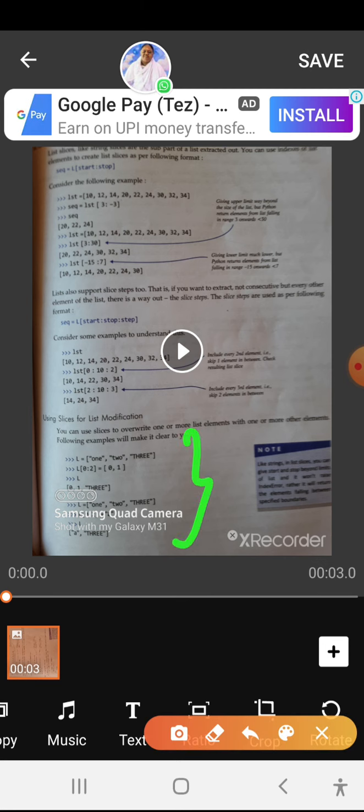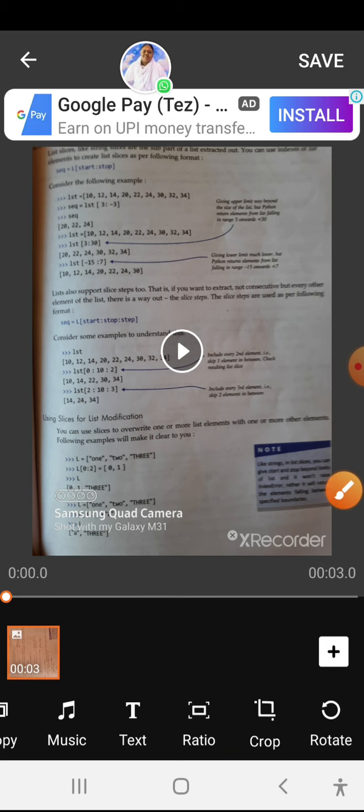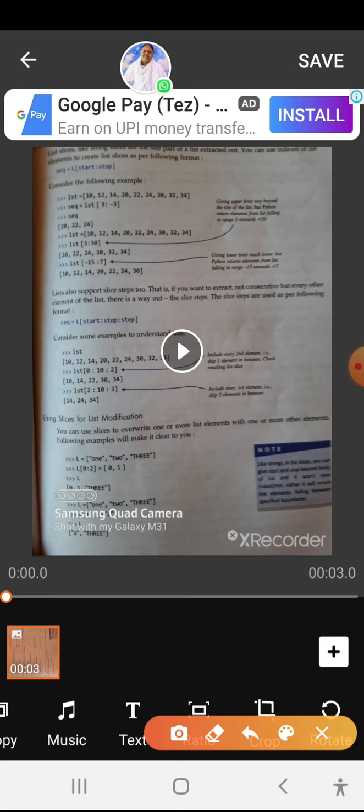In this example, the list elements are 1, 2, 3 we have given, and L of 0 colon 2 is equal to 0 comma 1. And now you see how it is displaying. The first two elements, 1 and 2, will be replaced by 0 and 1, and then 3 it is displaying.